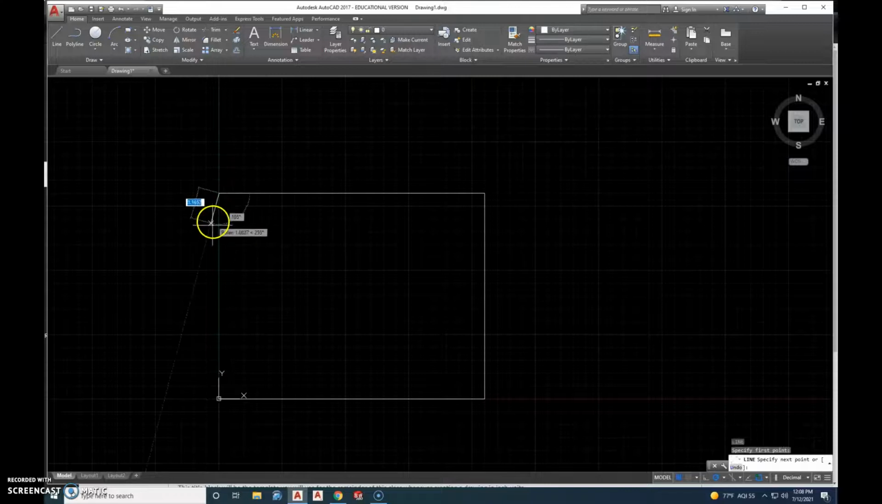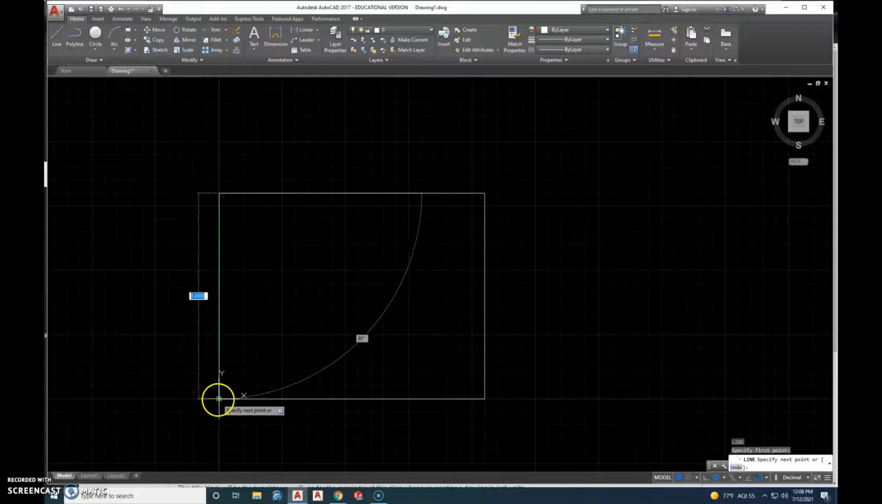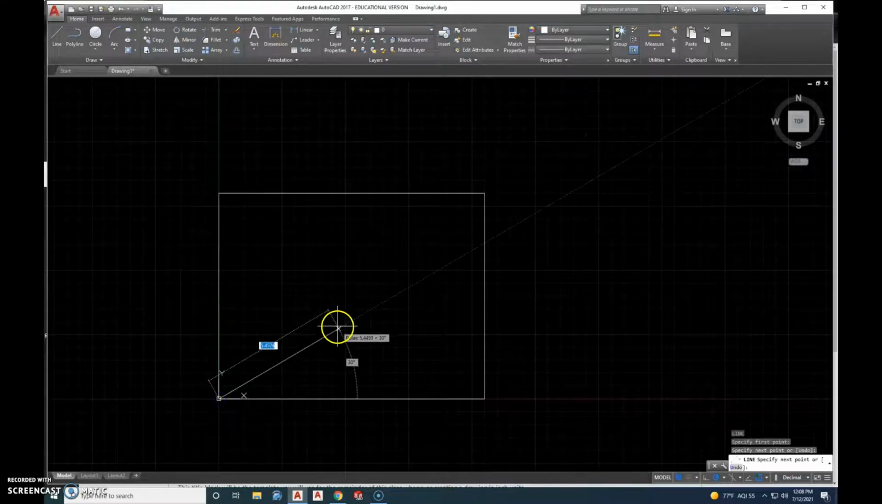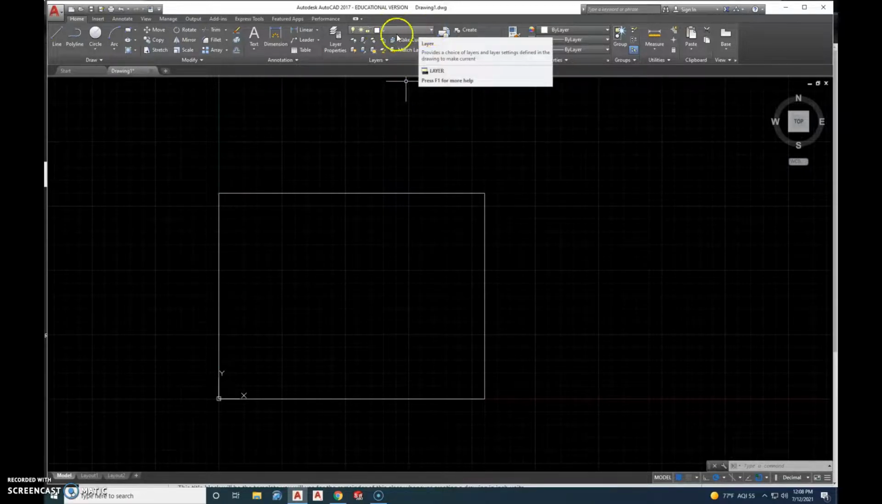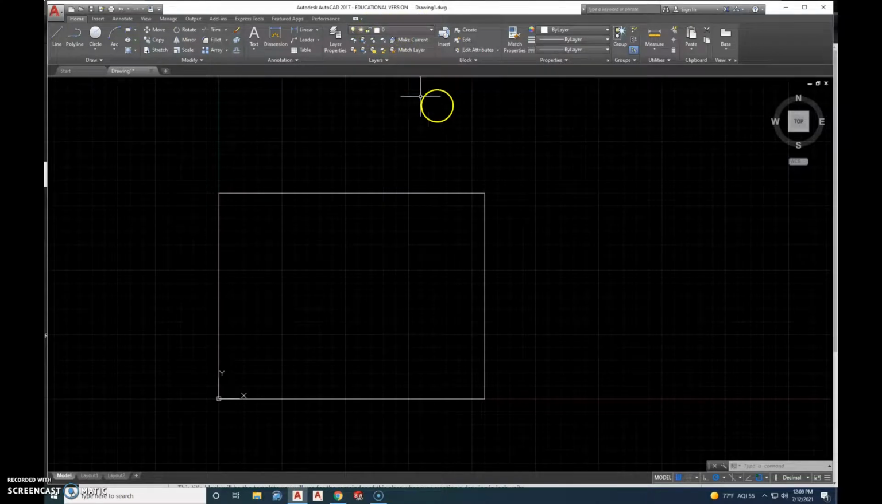Finish out my line. Since I exited out of the line command, I'll just select the endpoint of that line and then the endpoint of this line and finish my border line there. You notice I'm drawing on the 0 layer, which, remember, when we set up our layers, is not going to plot. It's not going to show up on my paper when I print it. And this is my border line, so I need to put it on the